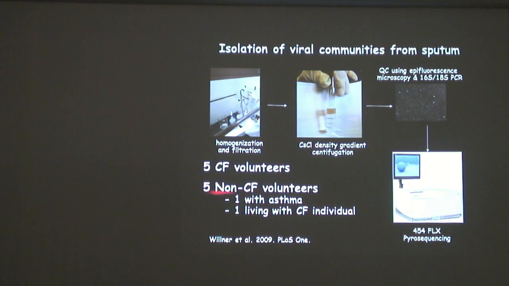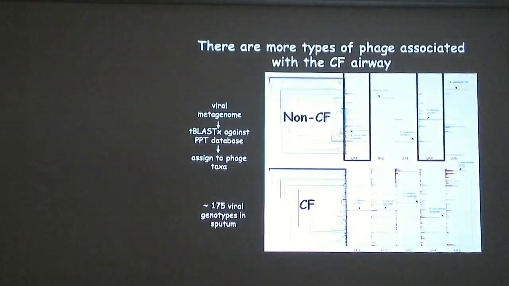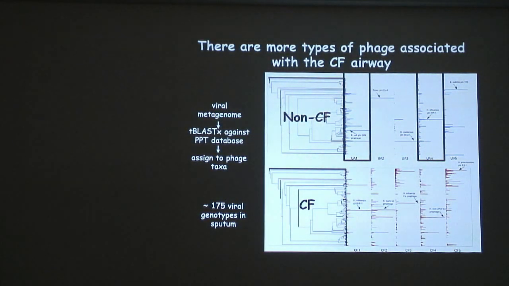All right, in this study we have 5 cystic fibrosis volunteers and 5 non-cystic fibrosis volunteers. And these guys are important because this is what we're finding in lungs in general. Here we have one person with asthma and one person living with a CF individual. And the general take-home message is that when you look in cystic fibrosis versus non-cystic fibrosis,